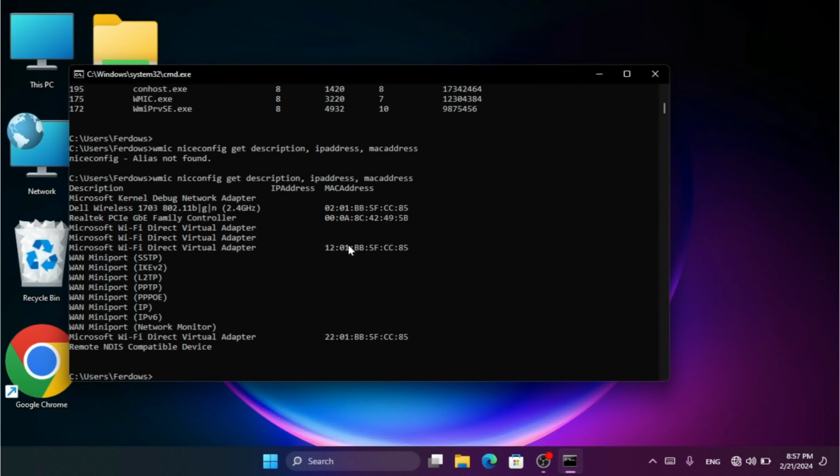So the next command that we are going to use with Command Prompt and WMIC, I'm going to type wmic product, and after that I'm going to type get name, comma, version, comma, and here